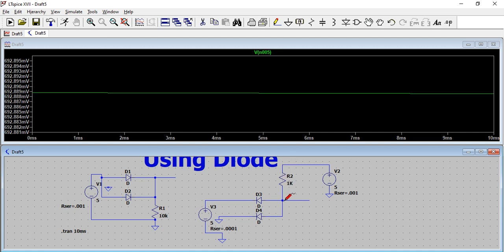Because here is the 5 volt, here is the 5 volt also. So this diode will work as an open, there will be no current, but here is the ground. So all the voltage will pass through this ground, and here it will be equal to the diode drop voltage. So that's why, because all the voltage will pass through it to ground. So that is why, if any input is 0, the AND gate output will be 0.